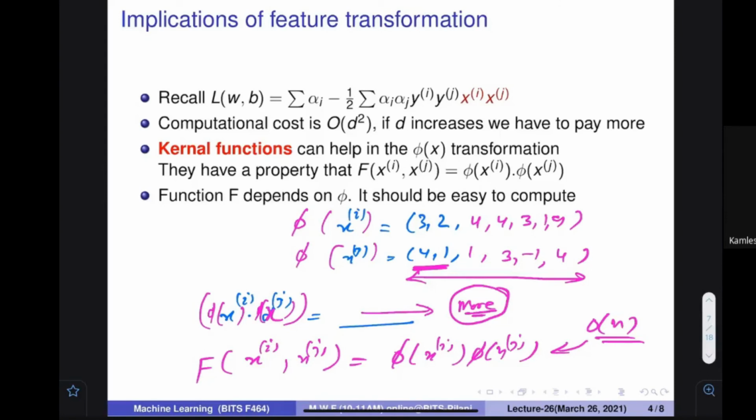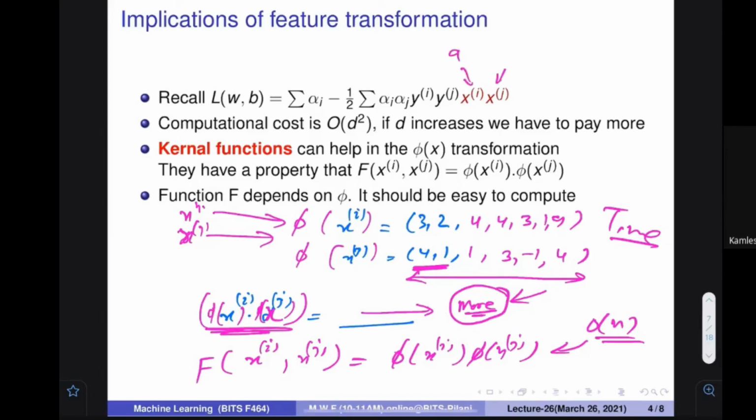So when xi and xj were given, you had to first convert them, which is going to take time. Then you have to multiply, which is also going to take more time. So if you want to find the similarity in the transformed domain, let me say, so you don't get confused, that this is item A, this is item B.